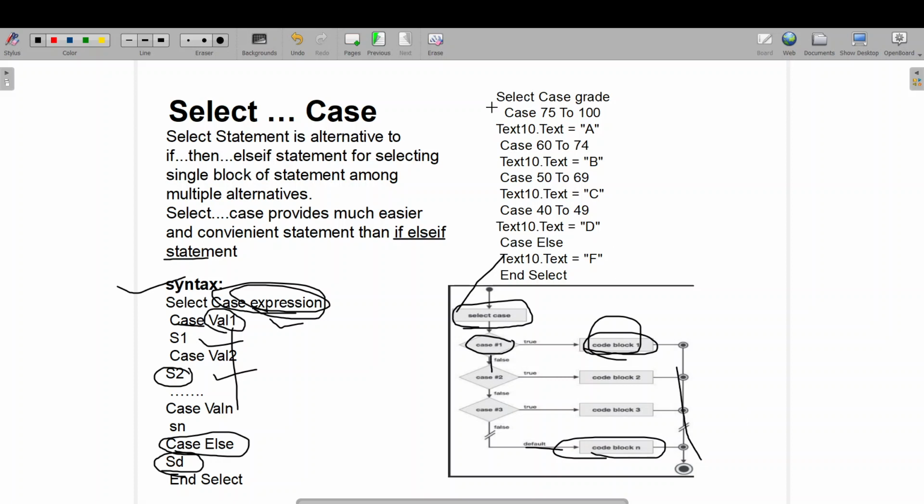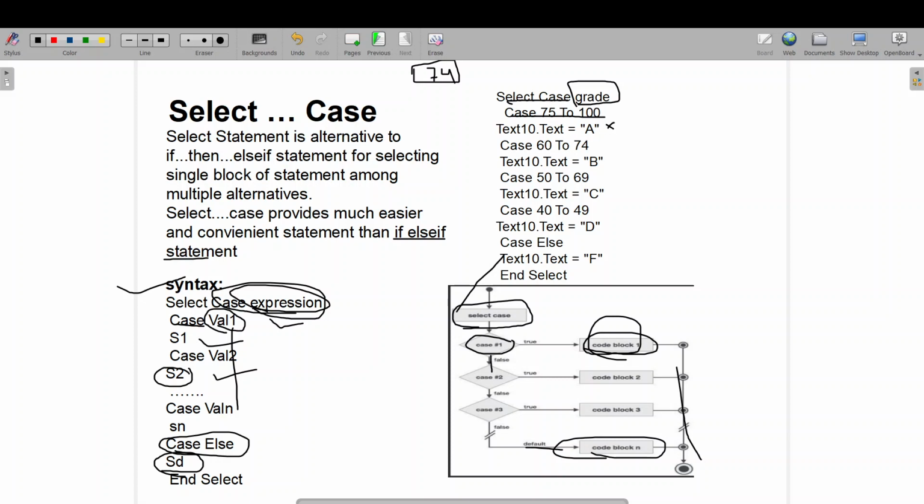So we'll see an example. Select Case: these two are built-in words in VB. Grade is my expression. Whatever input I have given in my input box, it will be checked against case one. If, suppose, I have given 74, 74 is not between 75 and 100, so this statement will not execute.